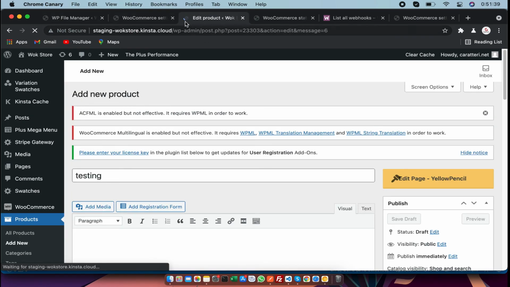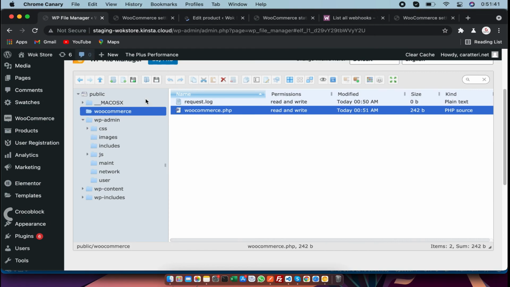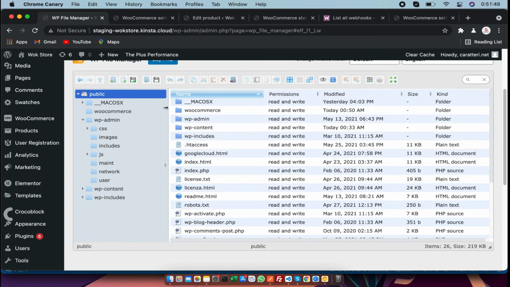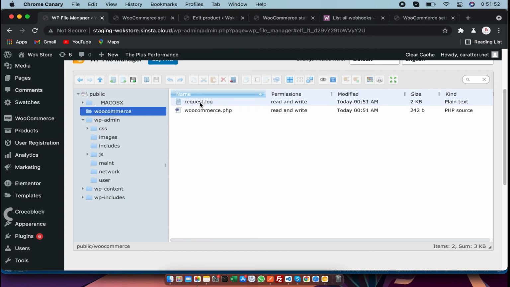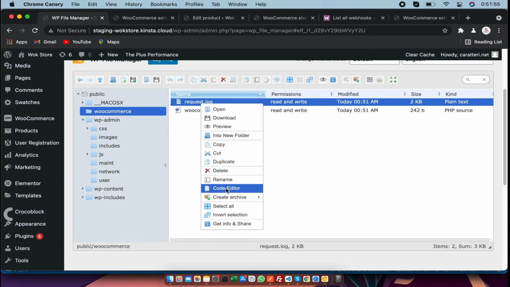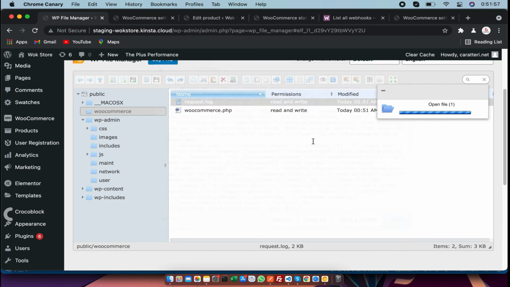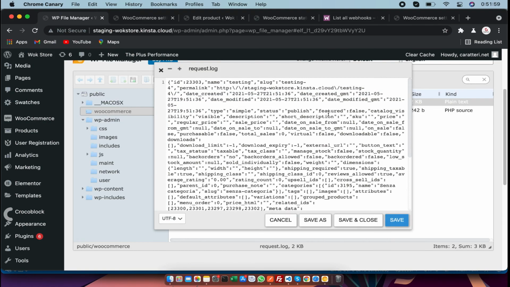It is loading. Refresh. So finally, as you can see, all the response is printed in the log file. You can use it in any other direction.